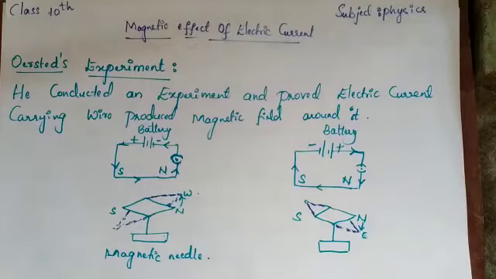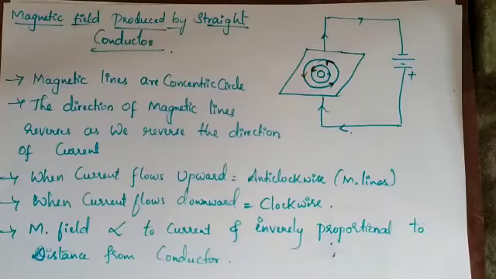So now we know that when electricity is passed through it, there is a deflection in a magnetic field. That means, or you can say, an electric current carrying conductor produces a magnetic field around it. Based on this, we'll consider a straight conductor and how the electricity is passed through it and how the magnetic field or magnetic lines will show the deflection. So the next concept is how the magnetic field is produced in a straight conductor.